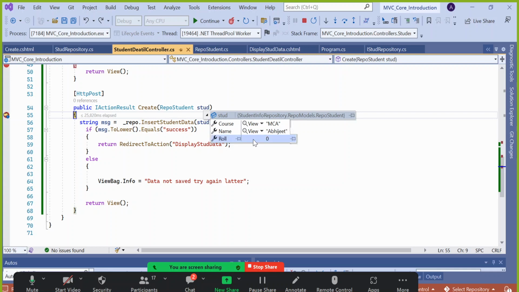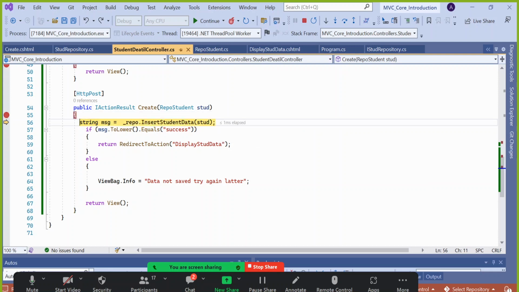You will get the data. Why is roll number 0? Because the integer default is 0. I have not supplied it, so it will be 0. But the strongly typed HTML helper TextBox already allowed me to put this data into an object of that class. Absolutely fine. So it came here, and I can see course and name, and that I will supply